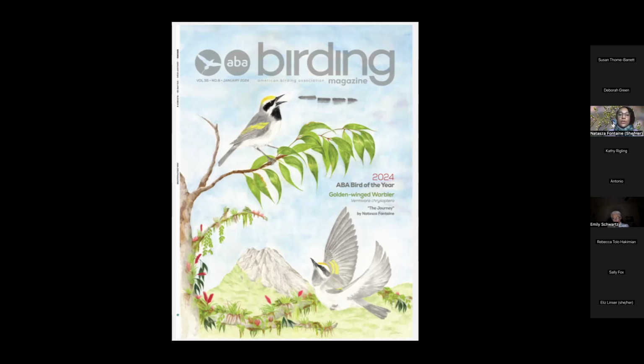And so what I wanted to do is really highlight the importance of habitat conservation on the wintering grounds, on the breeding grounds, and understanding the full life cycle. And another thing I added was the spectrogram, just to really show that when we think about losing birds, a lot of times, as birders, we're thinking about losing them visually. That is our first thing. We're going to lose them visually. But